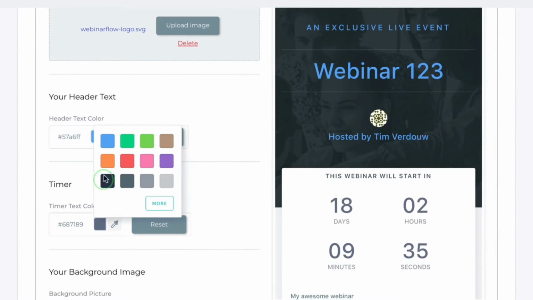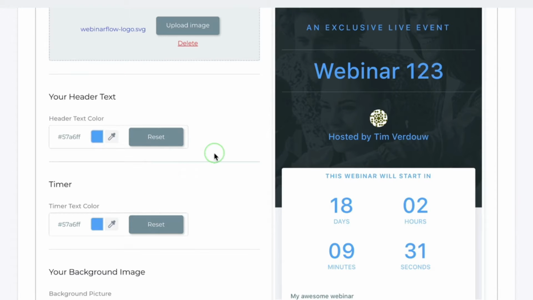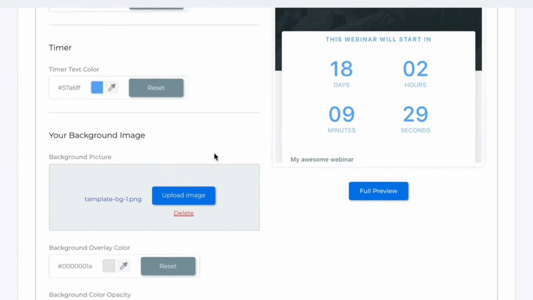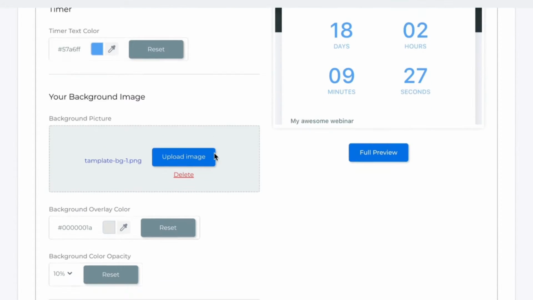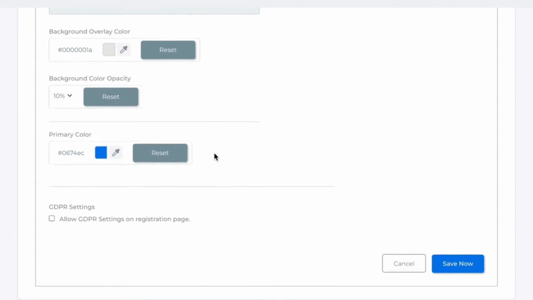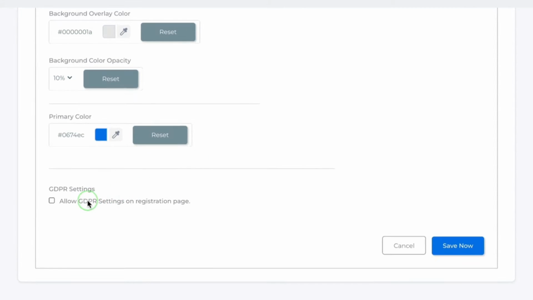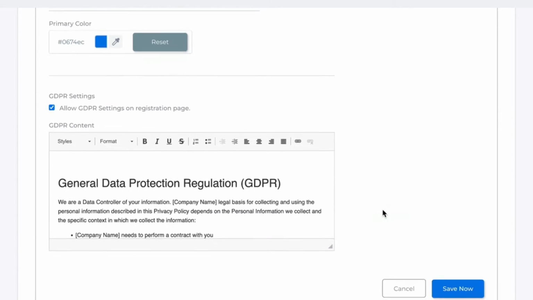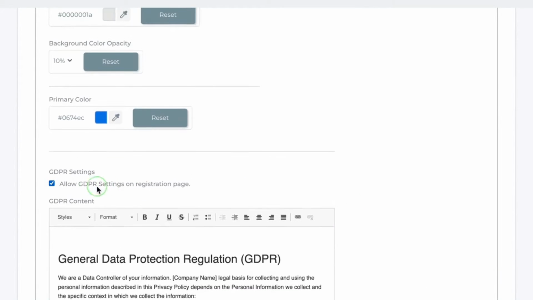You can also change the timer color. Here you can make this green, but let's change it back to blue. You can even upload your own background image to match your own brand, and also the overlay color, the transparency, the primary colors of your business. Everything changes in here. Also, you're able to allow GDPR settings on the registration page where you can fill out